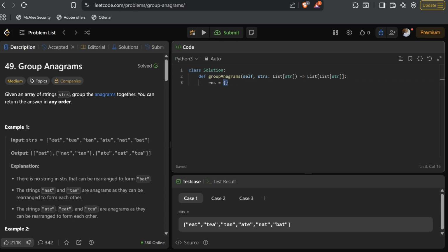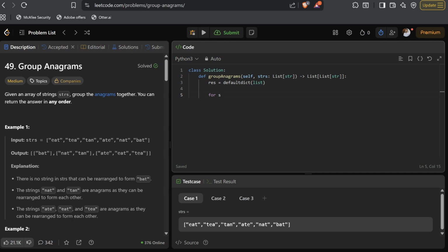But for the sake of avoiding edge cases, we will use the function defaultdict. And we want to store these values as a list, so that is why I'll also mention that this dictionary is going to hold lists. Then